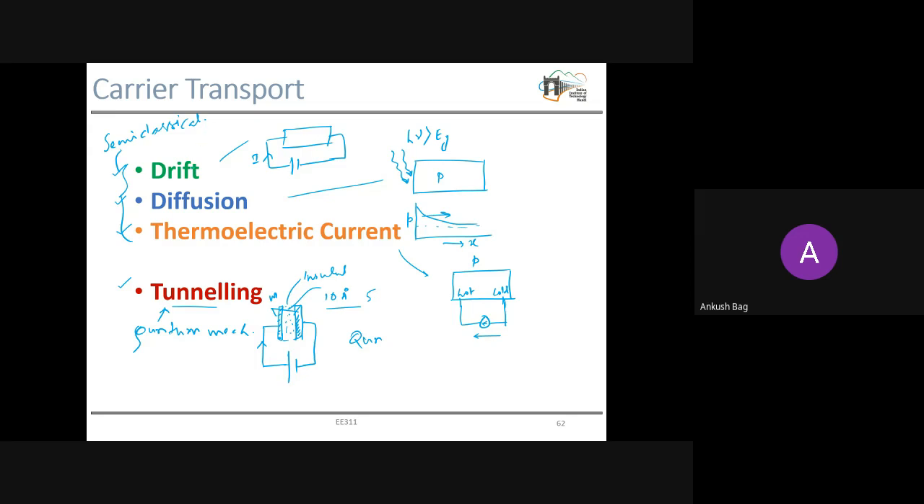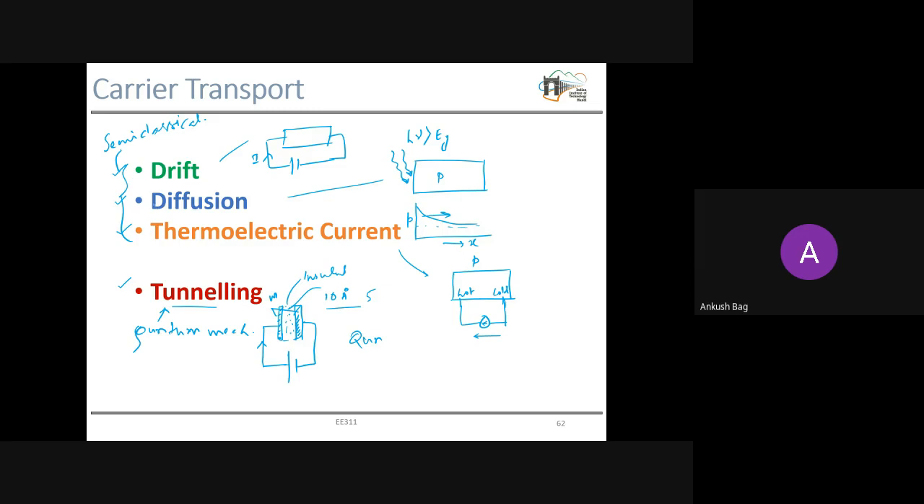Semi-classical transport. So why is this called semi-classical transport? Because for simplification, we can consider the electron as a particle, and when considering the electron as a particle, we can still invoke Newtonian physics, and we can explain this carrier transport: drift, diffusion, and thermoelectric. But still, if we want to understand these three types of carrier transport in detail, we'll see all of them show the quantum mechanical behavior of your